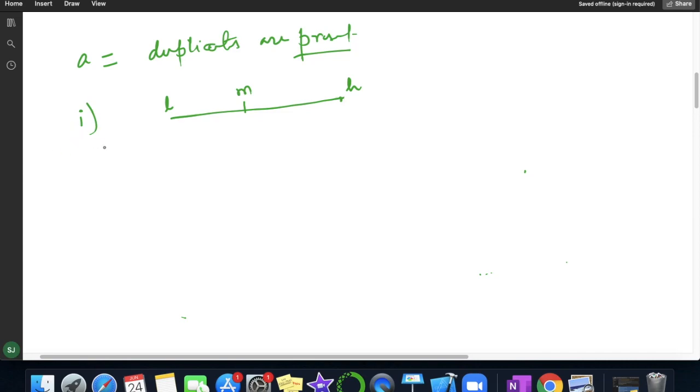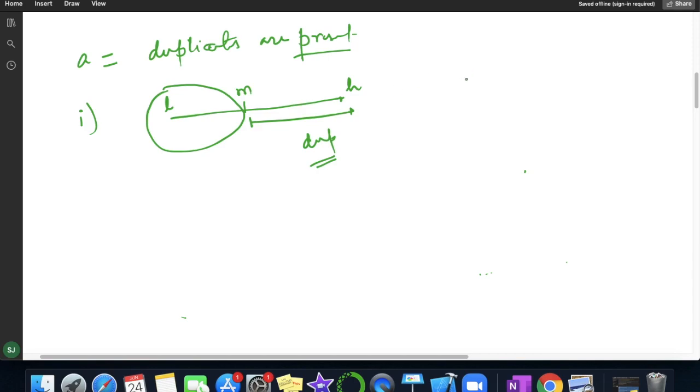The very first condition is, suppose all the elements present in this section are duplicates. So what we have to do here is apply our logic only in this section.